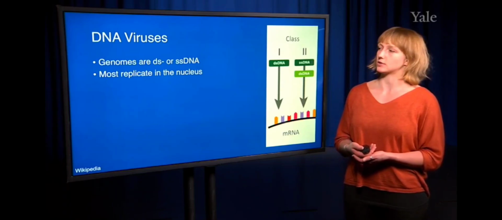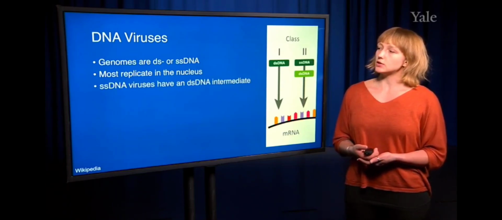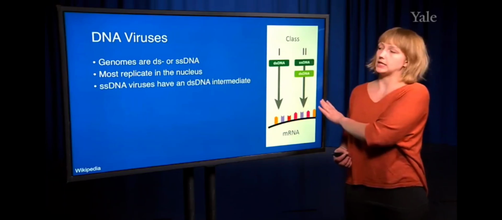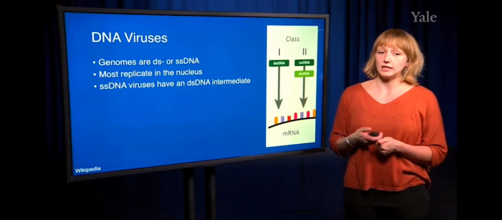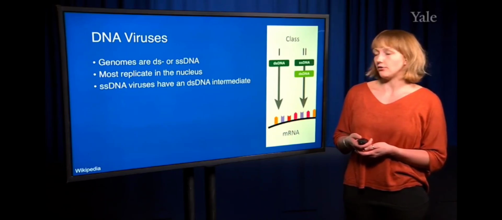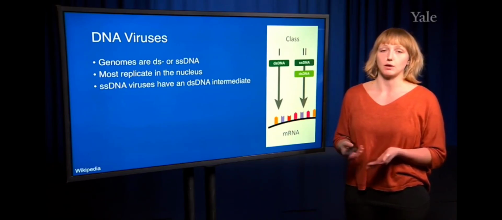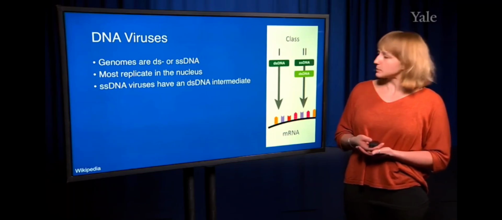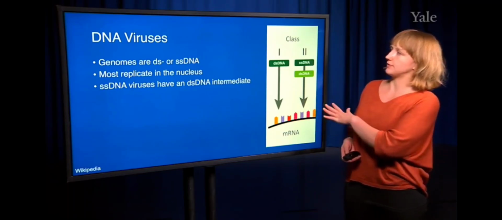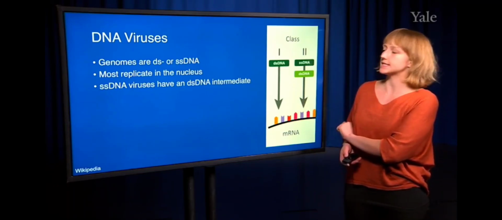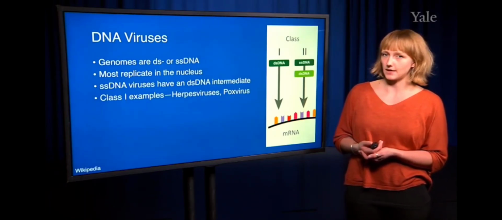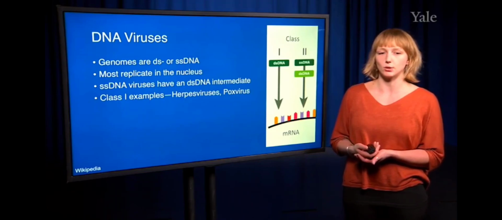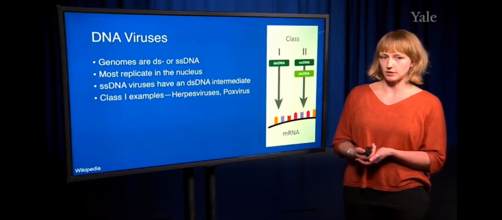So single-stranded DNA viruses, seen here, have a double-stranded DNA intermediate that they generate themselves using a polymerase that they bring with them. And so these are the 2 different classes of DNA viruses. And some examples are for class 1, we have herpes viruses and pox viruses. So pox infamously causes smallpox. And some class 2 examples are